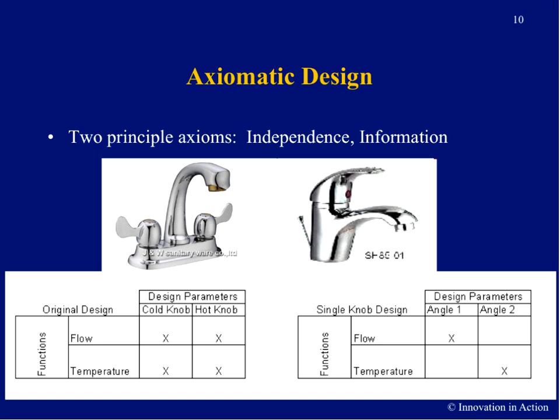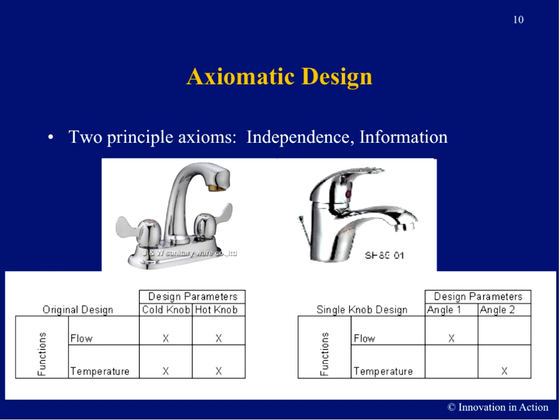A simple way to understand what he's saying is to consider the typical lavatory faucet on the left, where as a user you'd like to control both flow rate and temperature. But the design parameters you interact with are two knobs, and it's unclear when you want to change just the temperature at constant flow at what ratio you need to adjust those two control knobs. So typically you take a guess at it, stick your finger under there to provide feedback, and then provide another control input and eventually get it close enough. So in that case, the two functional parameters of flow and temperature both map to both of the design parameters, hot knob and cold knob, as shown in the matrix below. It's a fully populated matrix.